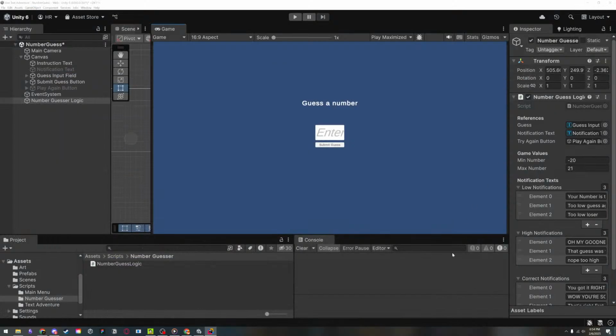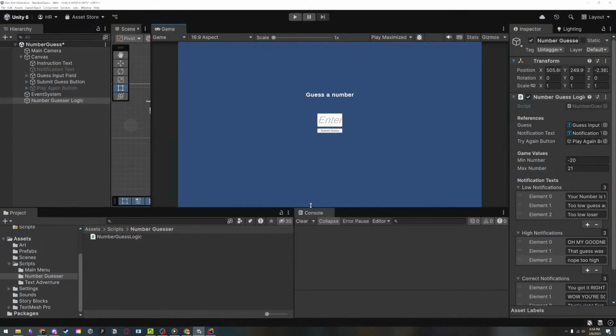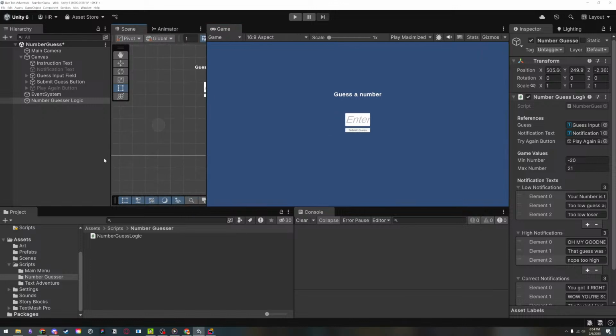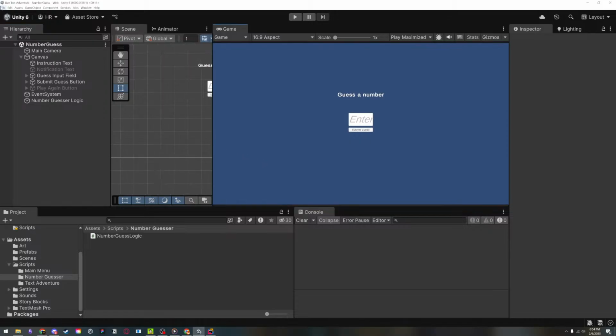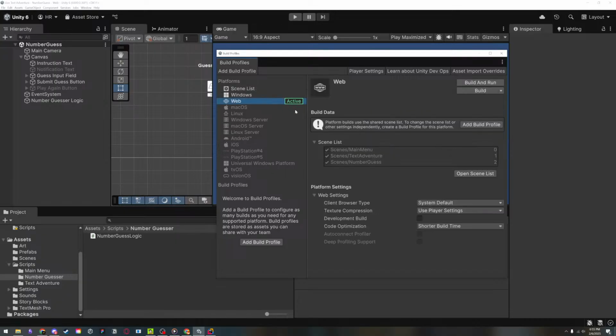And actually, before we go, let's do one congratulatory thing, and let's export this out and turn this into an actual game that we can play and share with others, okay? So in order to make this into an actual game, we're going to click on File, Build Profiles, and we're going to set this to Web. The reason why we're setting it to Web,